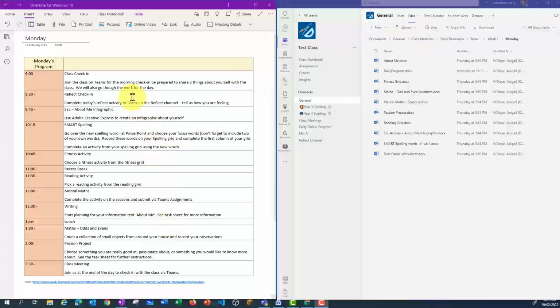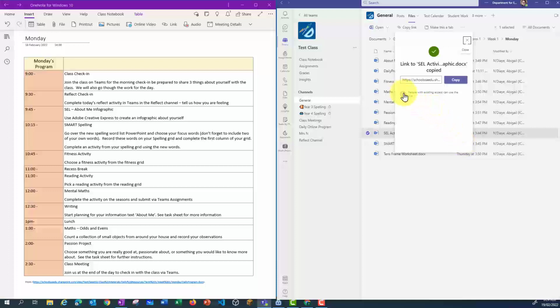Okay, so let's have a look at my OneNote. The first file I want to link to is the Cell About Me infographic. I've got that here, and what I need to do first is copy over the link. So I'm going to click on those three dots and click on Copy Link. Notice that it says people with existing access can use the link. That means that all the students that are in this class team will be able to click and open the file. Let's click Copy,